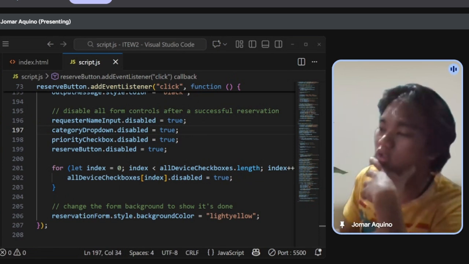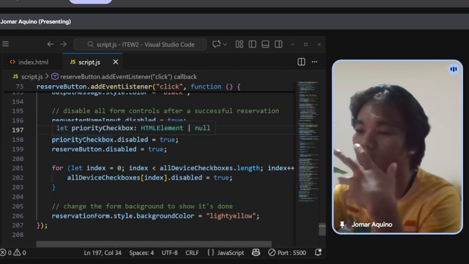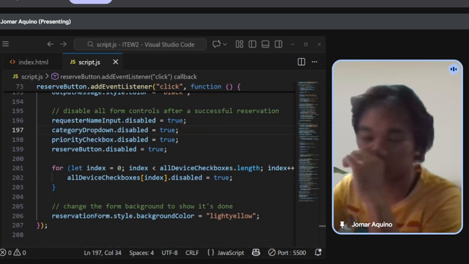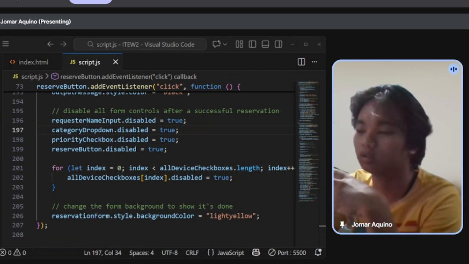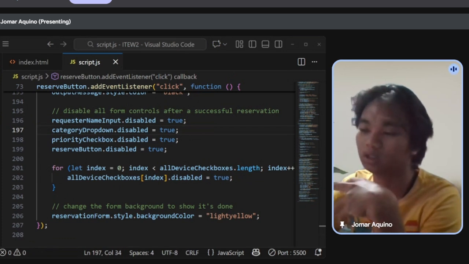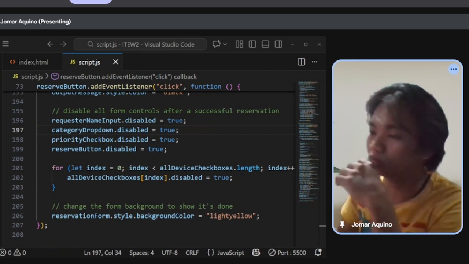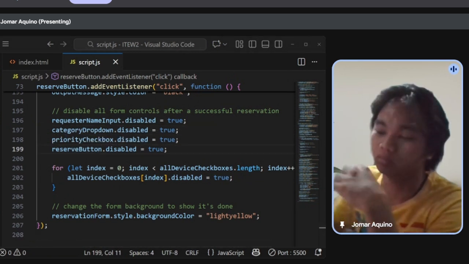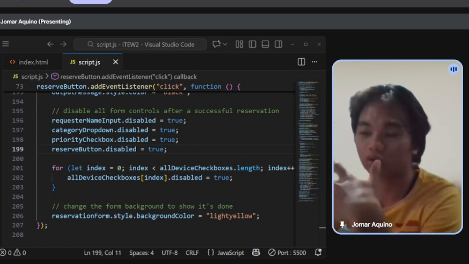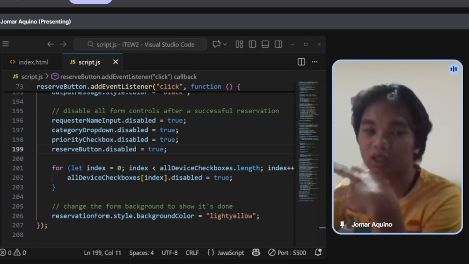And the next part is the priority checkbox being disabled, and this code disables the priority checkbox after the confirmation, and that means the user can no longer check or uncheck the priority option. And after that, the reserve button is also disabled in this part. This stops the user from clicking the reserve button again and submitting the